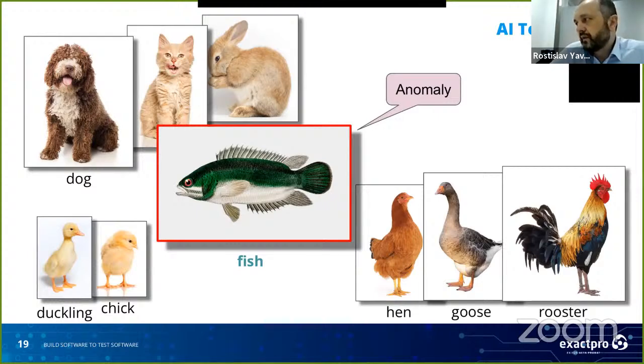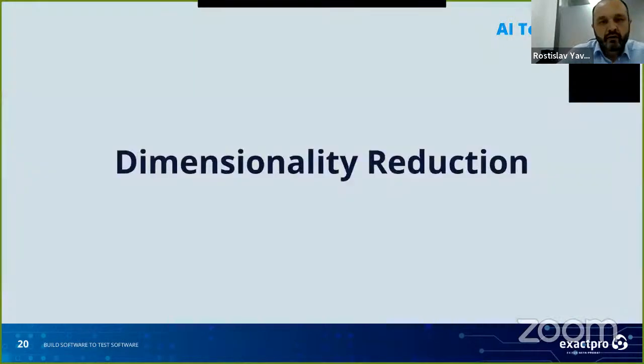But anyway, the clustering approach is very powerful. Everyone likes it because it doesn't require any human involvement. You don't need any teacher. Surely you need to spend some time on configuring your algorithm, but otherwise it works automatically. Okay, let's see the other approach